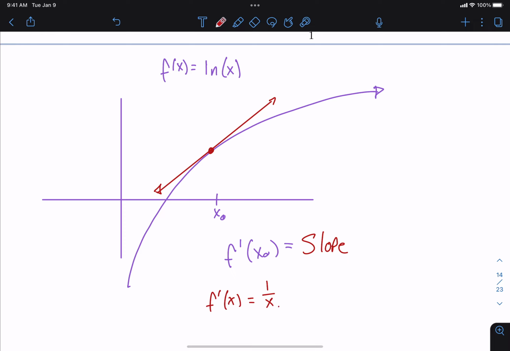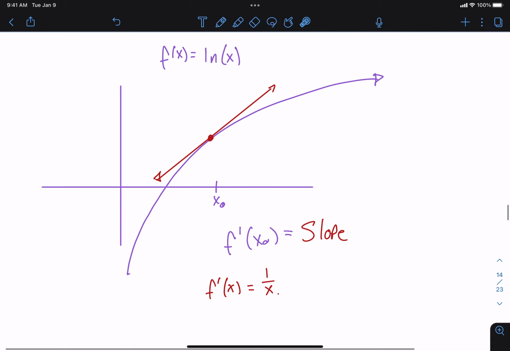x, okay? The reason being that as x gets larger and larger and larger, the fraction 1 over x becomes smaller and smaller and smaller, which is to say, as x marches to the right, the slope of the natural log function is becoming more and more flat, okay? So that's sort of a graphical